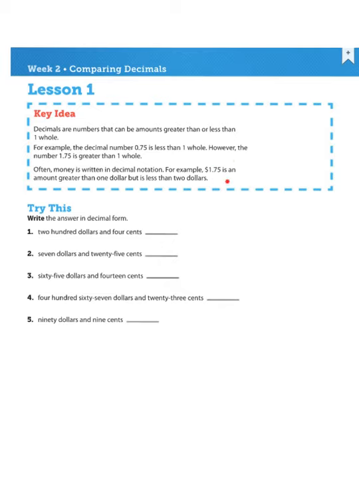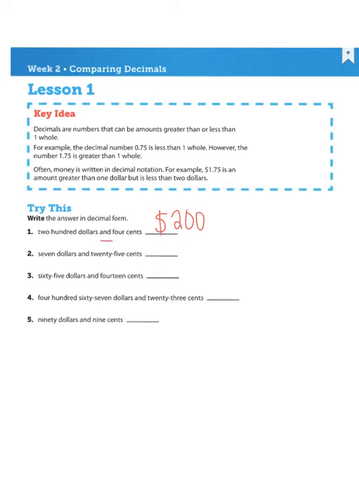For example, $1.75 is an amount greater than $1 but is less than $2. So on the try this, we are going to write the answer in decimal form. So if I have $200.04, we are going to write that in decimal form. And when I'm talking about dollars, I'm going to have my money symbol. Okay, so $200,